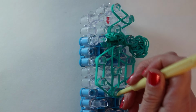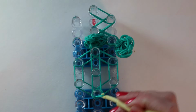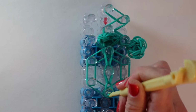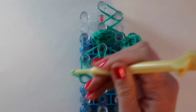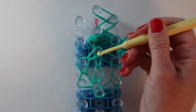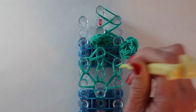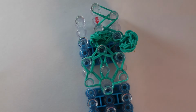Starting again from the cap band, catching the 2 on top of the stack that go forward, and then coming back to do the ones that go to the side, bringing them from the side to the center and then coming back and completing this side. And that is the body of your leaf, and now we're going to work on the stem and connecting all